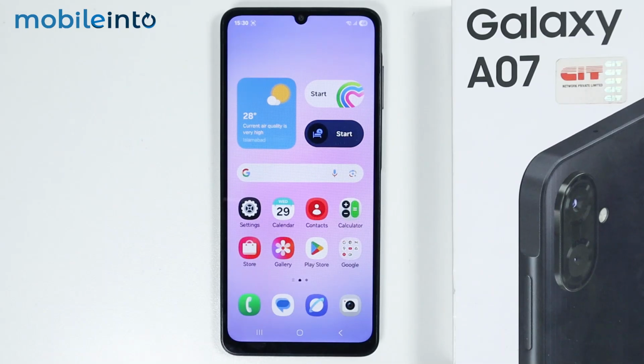Hey, what's up guys? So in this video, we will see how to turn on and off mobile data on